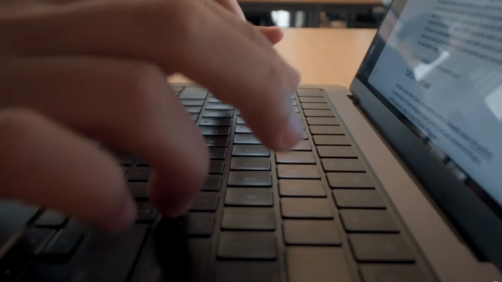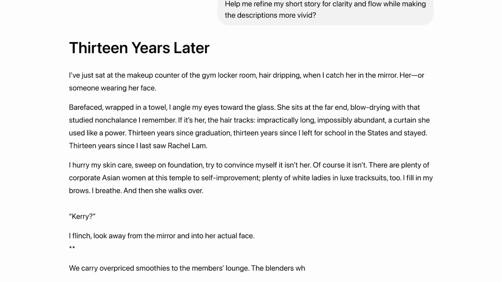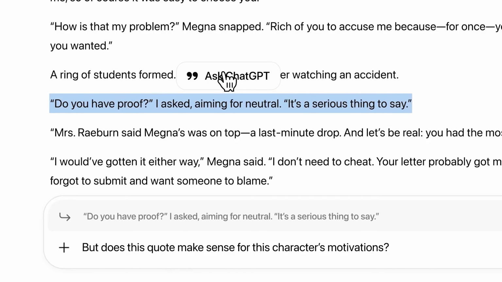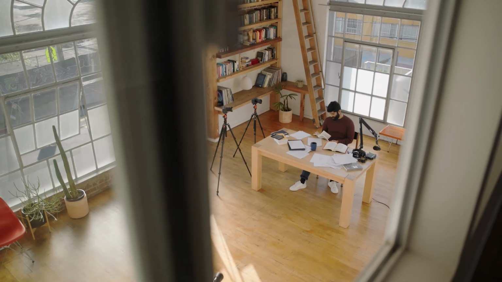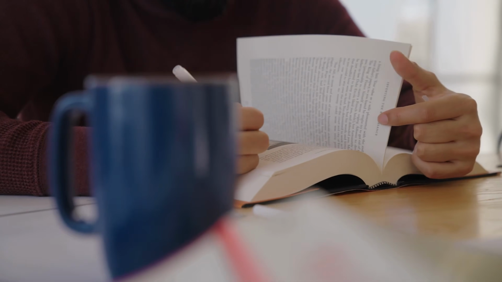Now, here's the part that trips up engineers who are new to this. What comes out of pre-training is not ChatGPT, it is not Claude, it is a base model. And a base model does not chat. It just completes text. So if you type a question into a raw base model, it might just continue with more questions. Because nobody has taught it that a question is supposed to be followed by an answer. So think of it as somebody who's read every book in the library, absorbed all the knowledge about how language works, but has never once been in a conversation. So it has enormous knowledge, but zero instinct on how to behave.